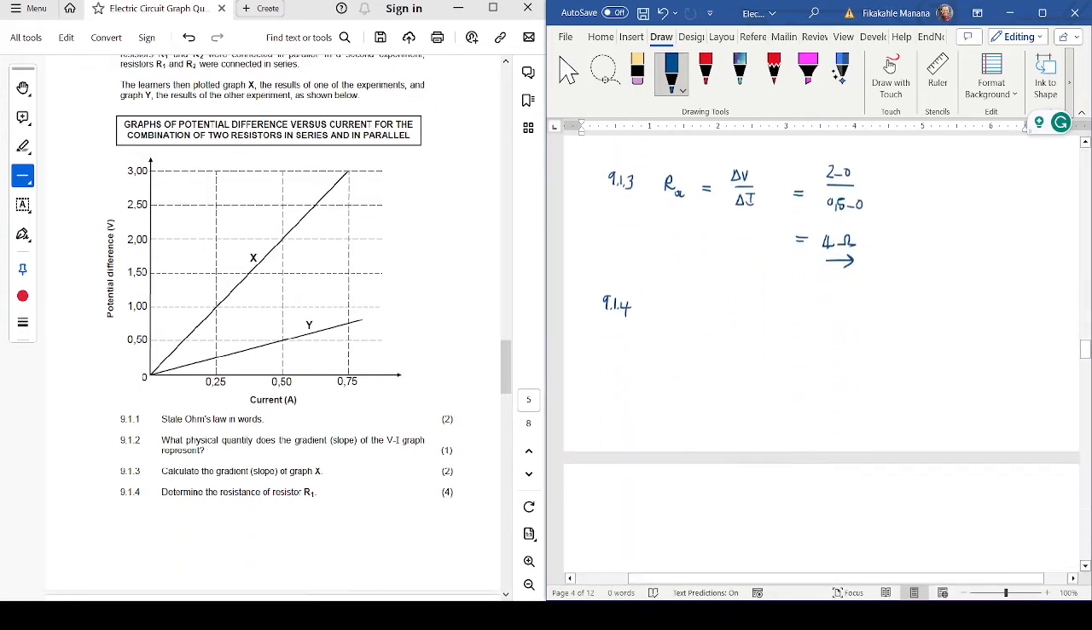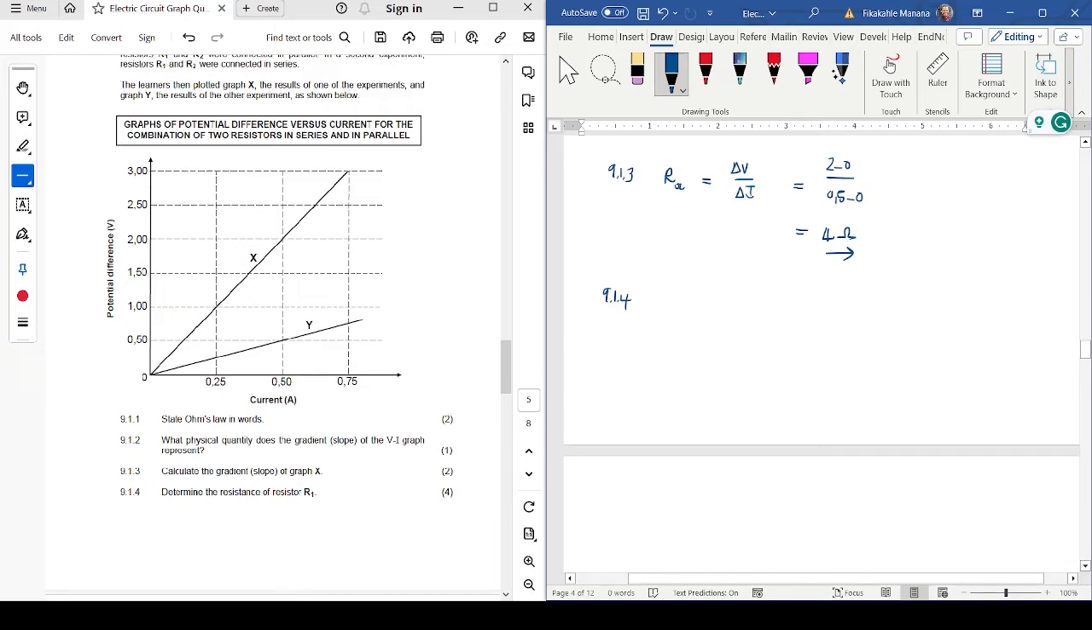Okay, so we're probably going to need two equations because we don't know what R1 or R2 is. All right, now let's say we're looking at the portion where they are connected in series. If they're connected in series, we know that we're going to add R1 and R2, and it's going to give us 4 ohm, because the gradient of the graph is your resistance. Okay, so 4 ohm, and then in parallel,